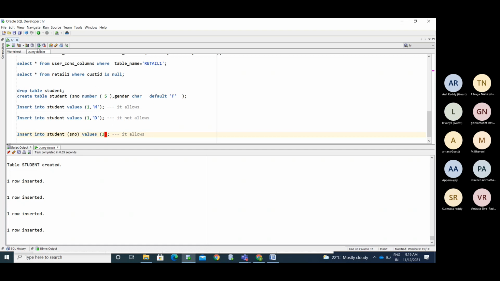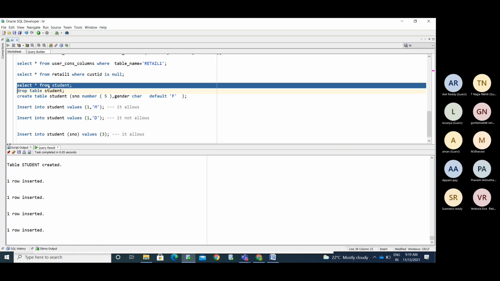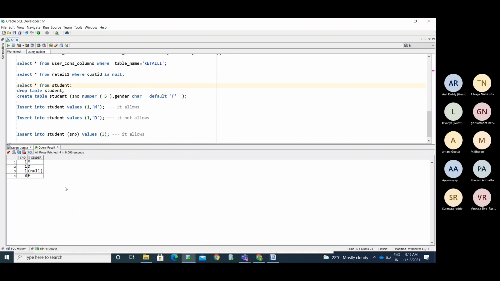What will happen here? Observe here. It is providing a default value, F. So student number 3 I inserted, and I haven't provided any value for gender, right? But it is inserted with F because it passed the default value to that particular column.